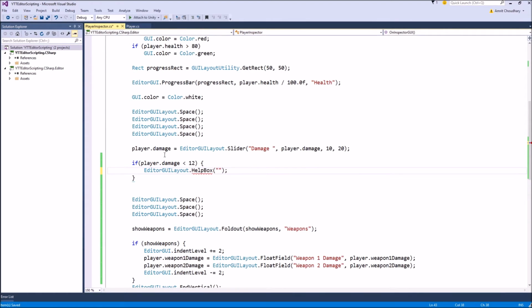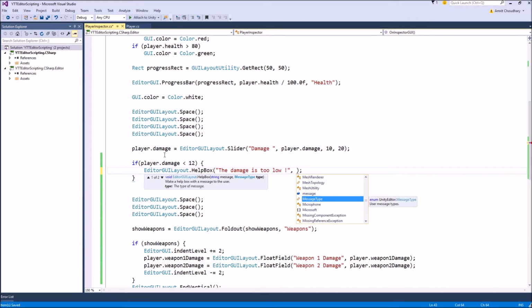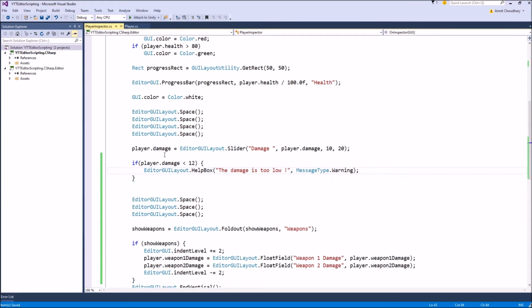What you can write here is that the damage is too low, and you can specify here what kind of message you want to show. It can be of type error with the red cross symbol, a simple info with the bubble type of image, or a warning with the yellow exclamation mark. Let's give it as a warning.